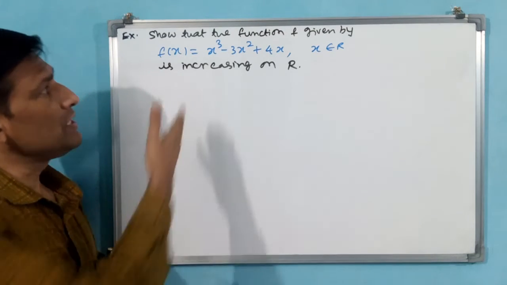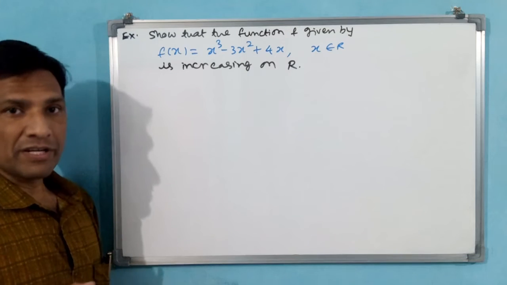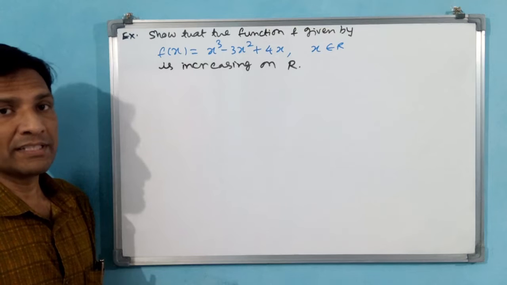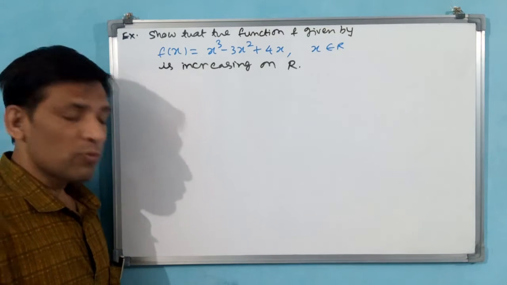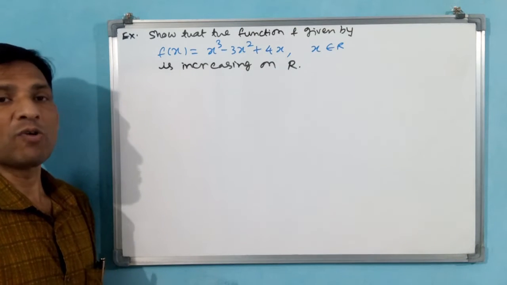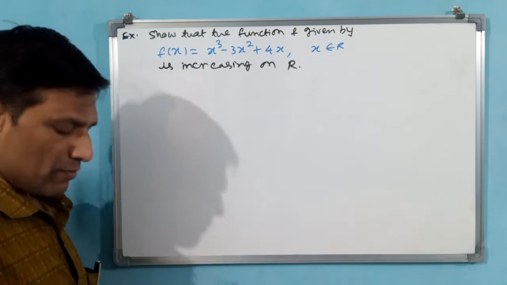Increasing. But you see here, rather than doing these calculations, you can do derivation. And if the derivative comes greater than 0, then we can prove that this is an increasing function. That also you can show. So how to prove using the derivative? The derivative also will come like an equation only. Then how can we say that this is an increasing function? Some logic is there. You see how I am proceeding here.